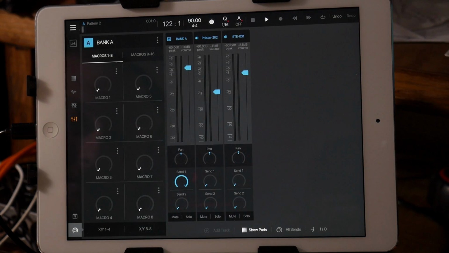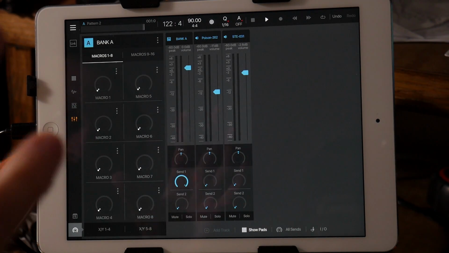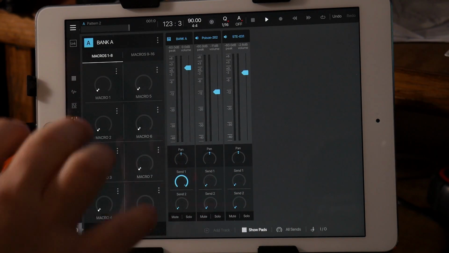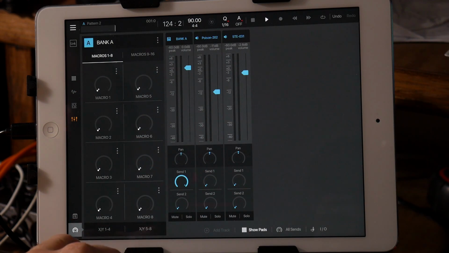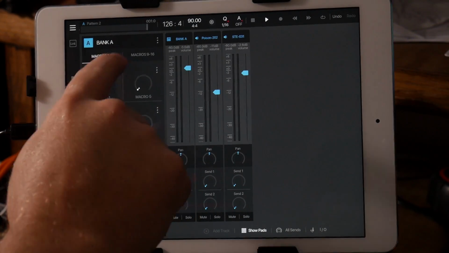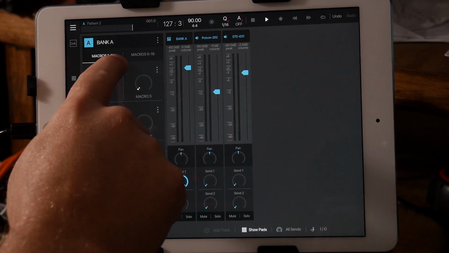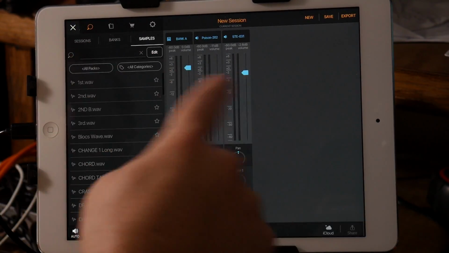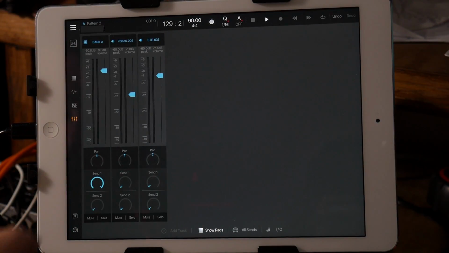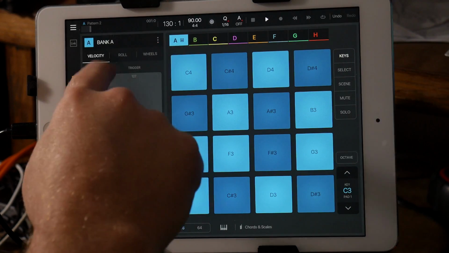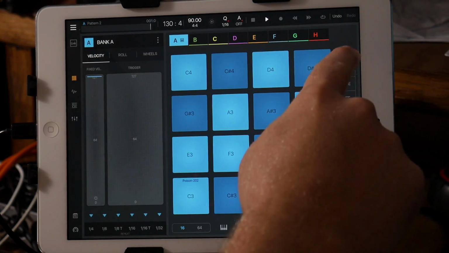You got some macro knobs that I will go over in another video, but they're pretty cool, and you got some XY pads that you can do. Basically, you can map them to things. So I guess I'll do that real quick. So let me go back up to pad A. Let me go to